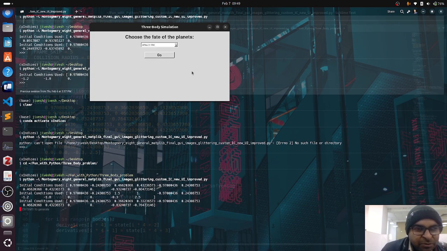So now we'll go to some randomly generated initial conditions and see how the system behavior changes.